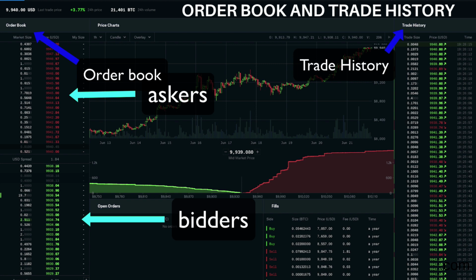As a side note, always put your orders at odd numbers above round numbers. So instead of placing your order at, say, $10,000, place it at $10,011. Instead of selling at, say, $13,000, sell at $12,983. It just helps to ensure that you get filled, and it helps to ensure that you actually sell and your profits get taken. So the order book tells you what trades are in the system but haven't been executed yet,